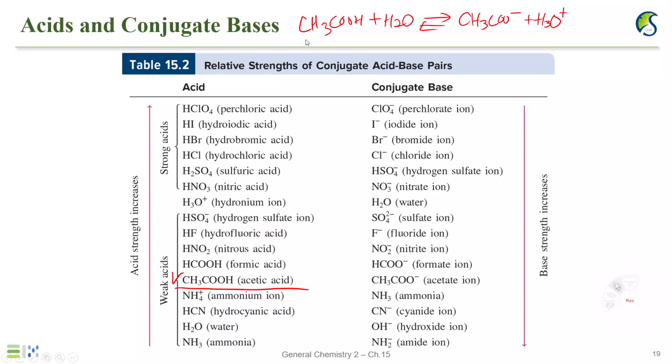Because this acetic acid is a weak acid, from the perspective of chemical equilibrium, this equilibrium lies to the left, right? It has a tendency to lie to the left, which means that this is acid, this is a base, conjugate base. So because this acetic acid is a weak acid, comparatively, this base is strong, right? Which means that if you write down a new chemical equation from the perspective of this conjugate base, it can be